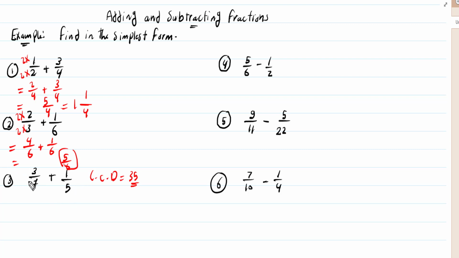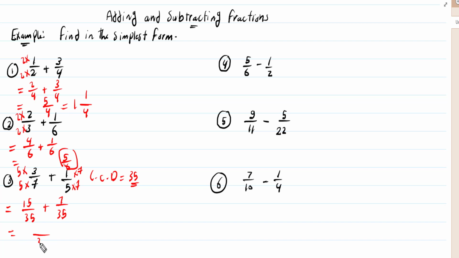So we will make the same denominator 35. How can we make 7 into 35? Just multiply 7 by 5. So we multiply the two terms of the first fraction by 5, and multiply the second fraction by 7 in the same way. So the first fraction will be 15 over 35, plus 7 over 35 equals